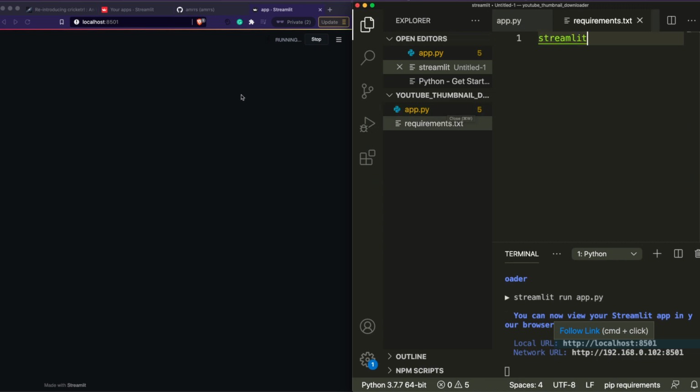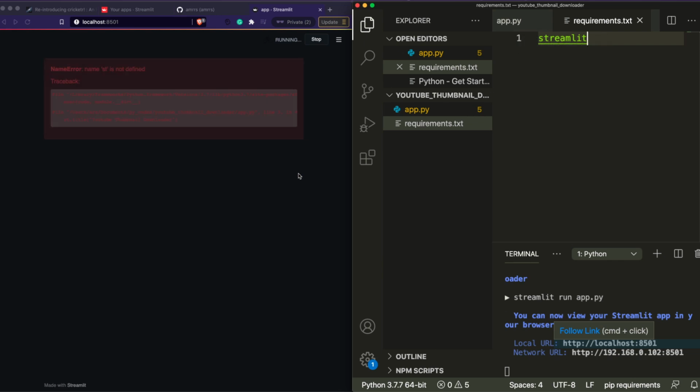The URL is ready. The app is running. So let's see if the app displays what we want. It is still running. Requirements.txt is fine. App.py is fine. Once the app runs successfully, or if the app runs successfully, then we are going to, okay,